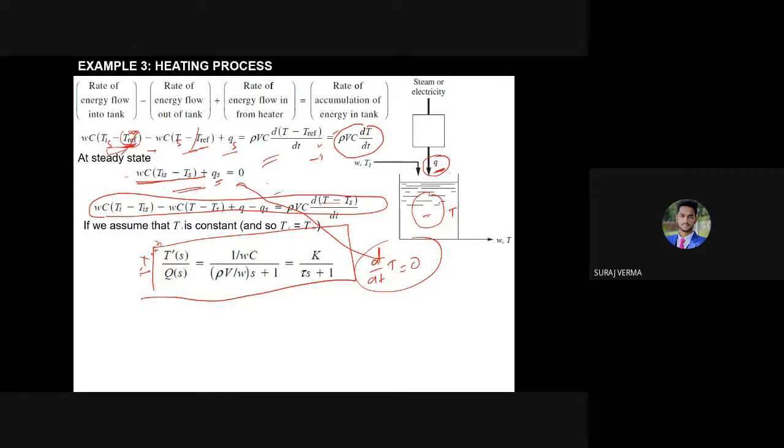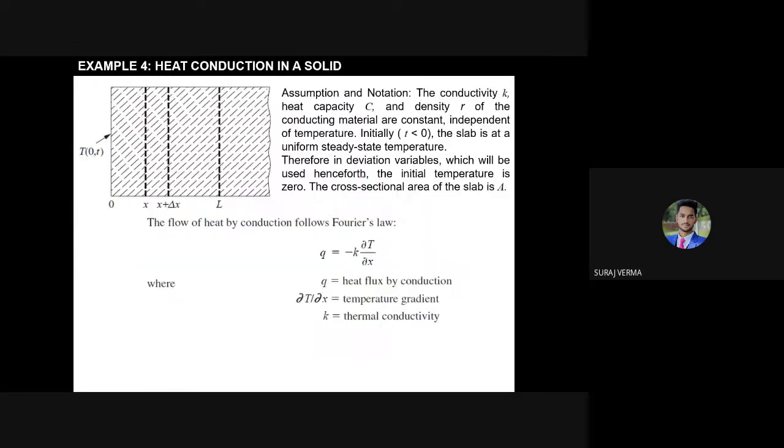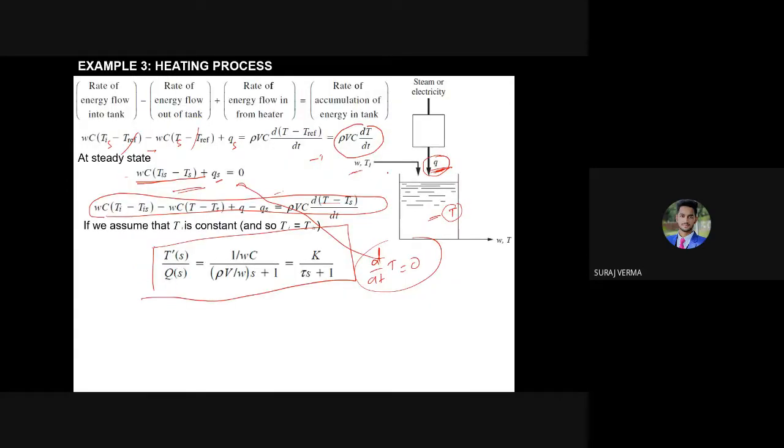So this is the input, this is the output. Ultimately, you have to control the temperature with the help of this Q. Or you can also find the output from T dash upon Qs, or Ws also. So it is your choice which parameter you are going to control. Next, is there any doubt up to this point? Otherwise, I will move on to the next slide.